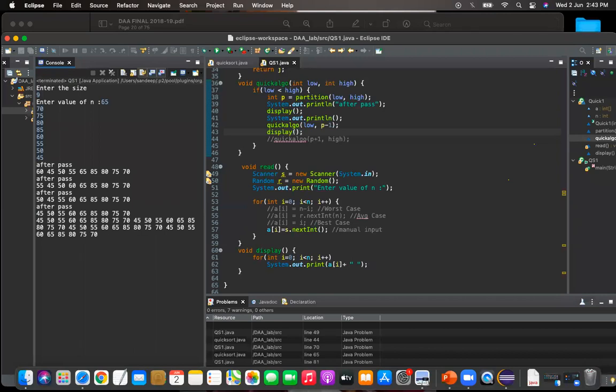Now you can see after each pass what is happening.